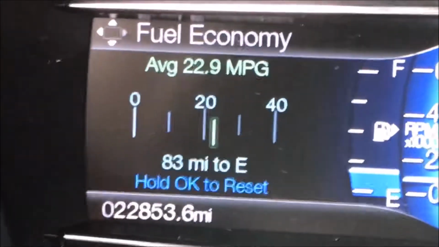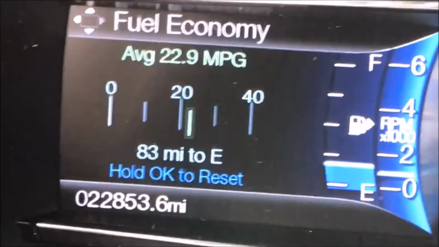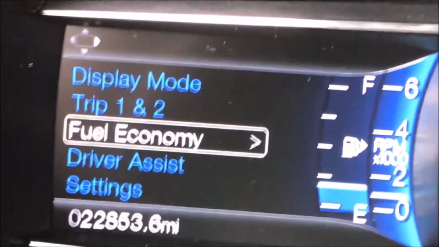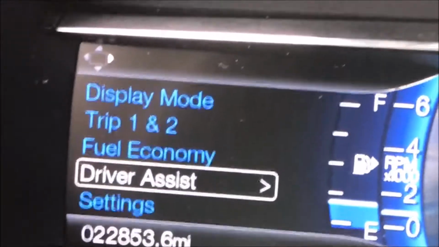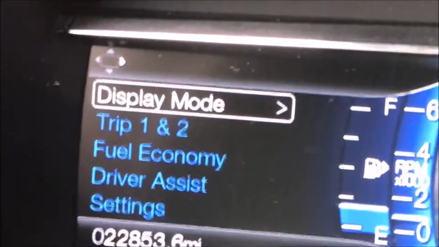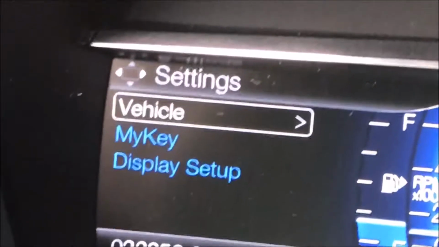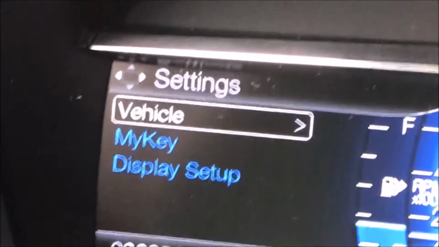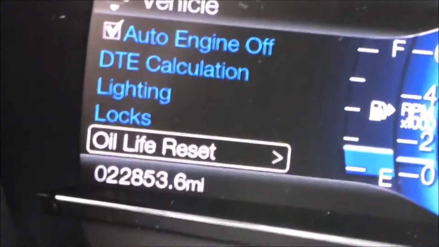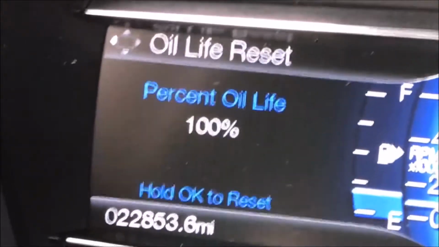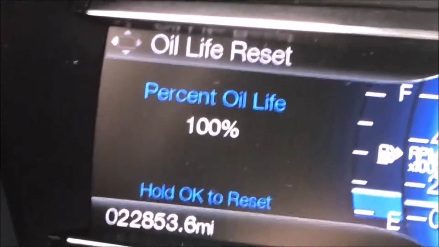So right now I am in fuel economy. Hit the left, and then you want to scroll down. So you go down, the down arrow, 1, 2, settings, then right arrow, vehicle, right arrow, oil life reset, which is what it's on, then right arrow, and it says percent oil life